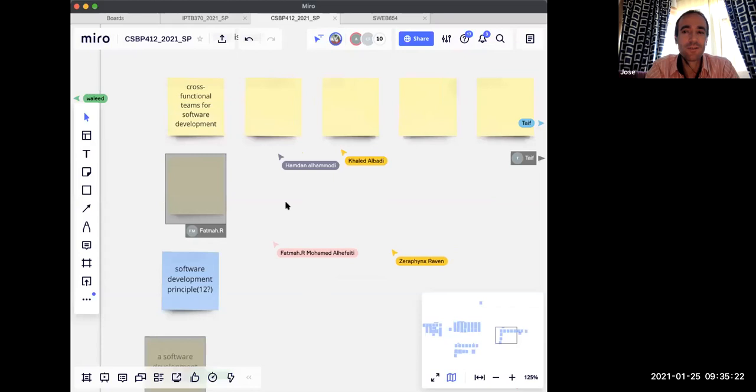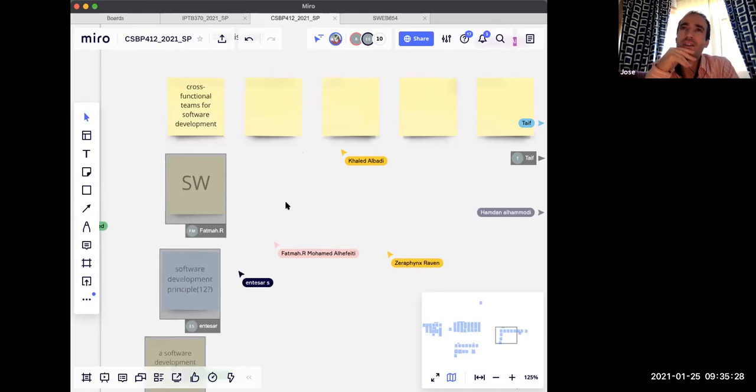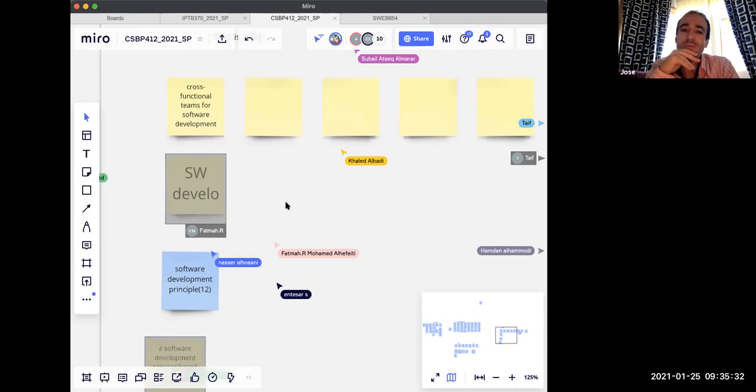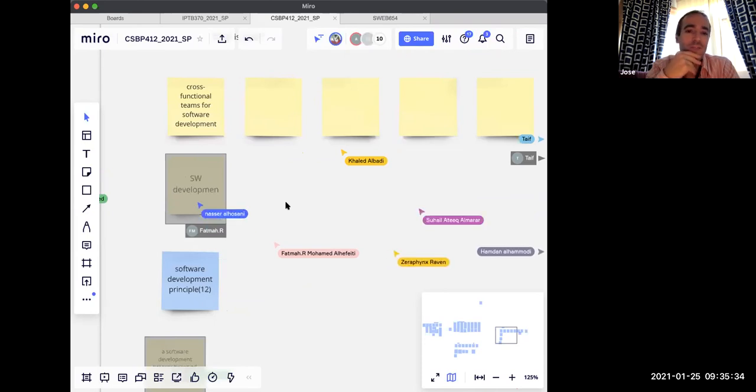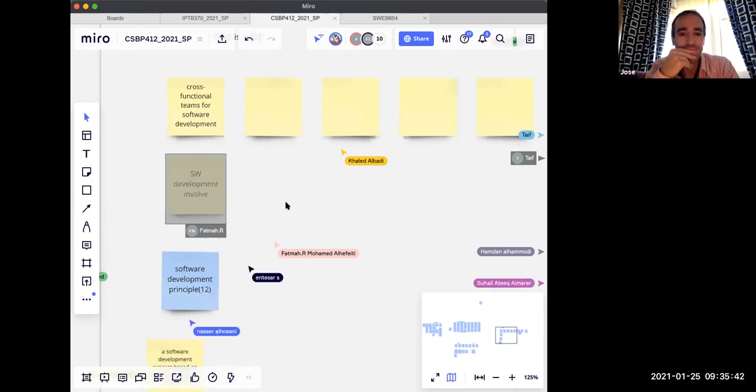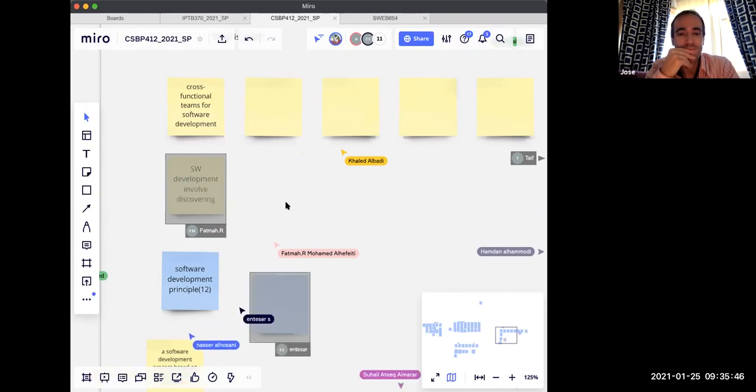I think there are principles and values. And Agile has principles and values. So 12 principles, maybe, and how many values?